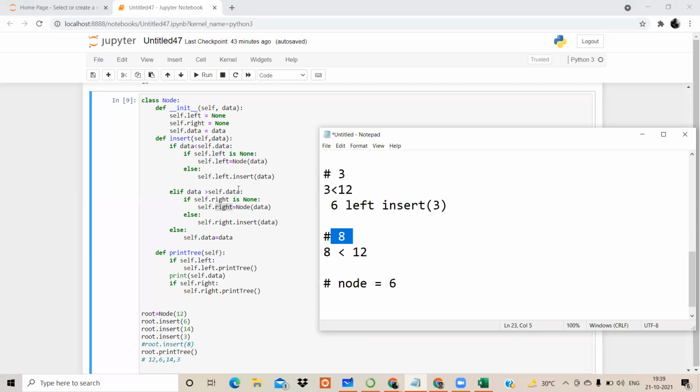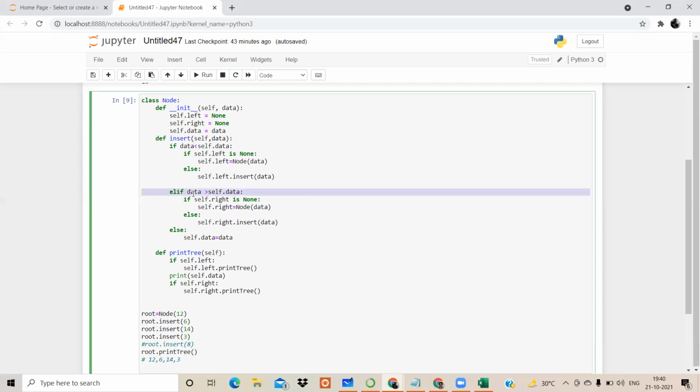Yeah, this is clear. So likewise, whatever data element that you are going to add, it checks whether it is root. अगर root नहीं है, तो next node के पास जाता है. Node के पास जाने के बाद again वो check करता है whether I am greater than this node or whether I am less than this node. That means ये जो less than and greater than वाला condition है, ये हर बार check होगा if it gets next value as a node. If next value is node, then मेरा जो current value है वो उस node के साथ again and again compare होते जाएगा. If my current value is smaller than the current node, then it will add it towards the left side. If my current value is greater than the current node, then it will add towards the right side.